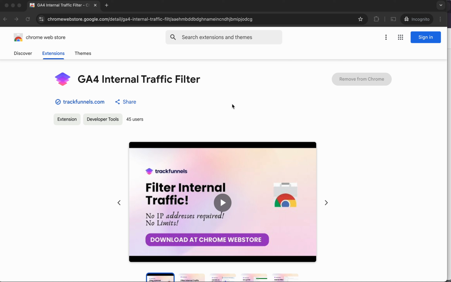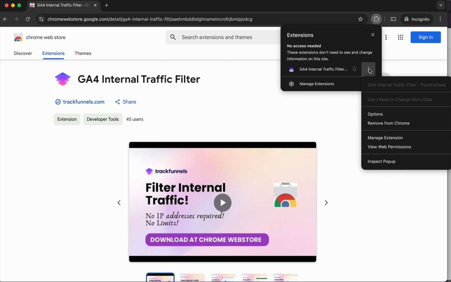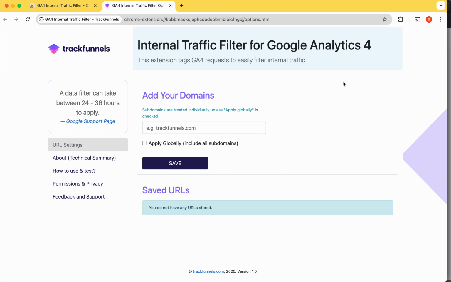Show you how to use our Chrome extension designed to help you easily filter internal traffic from your GA4 reports. So once you have downloaded the extension, head over to the extensions manager, click on these three little dots, and go to the options. This will bring you to the setup page where you can add your domains where you would like to filter